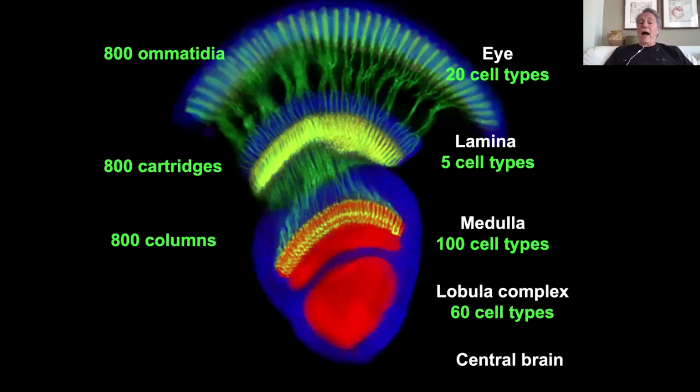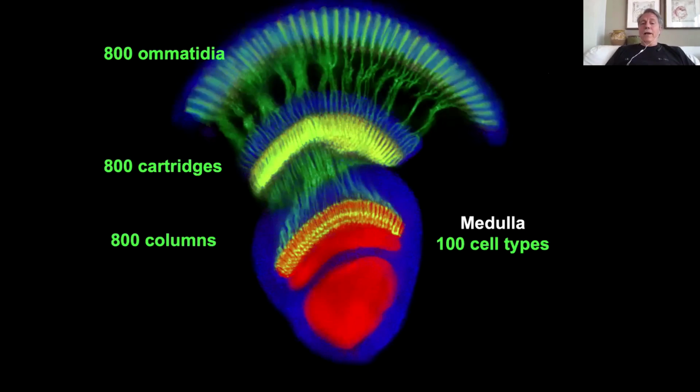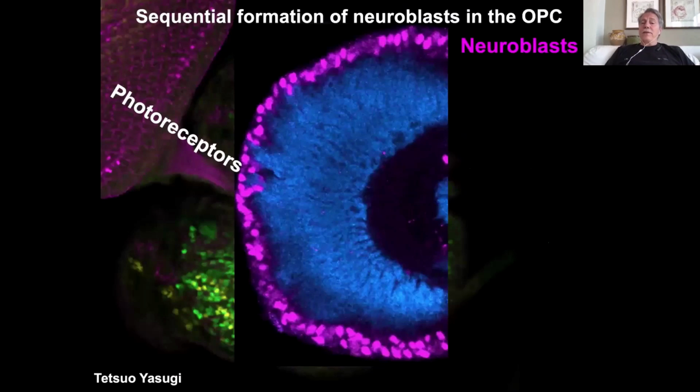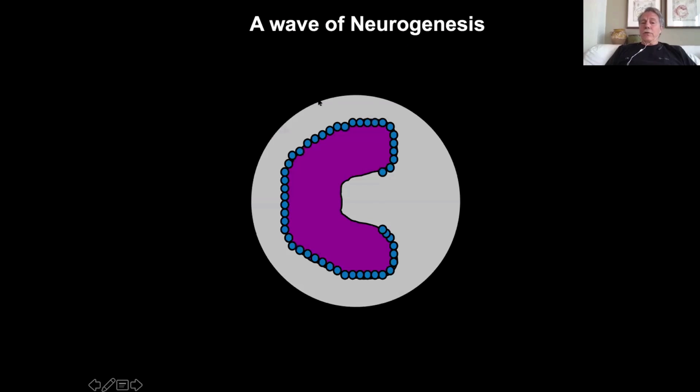But the question that remains is how is that diversity of neurons generated? How do you create 100 cell types for making the medulla, for example? I don't have time to go through a lot of data, but what you have to realize, if you focus on the medulla, is that the medulla comes from a very simple monolayer epithelium. And this crescent-shaped epithelium at the outer edge will start producing neuroblasts, which means the neuroepithelium cells will become neuroblasts. And as time goes, the whole neuroepithelium will be transformed into neuroblasts over a period of 3 days.